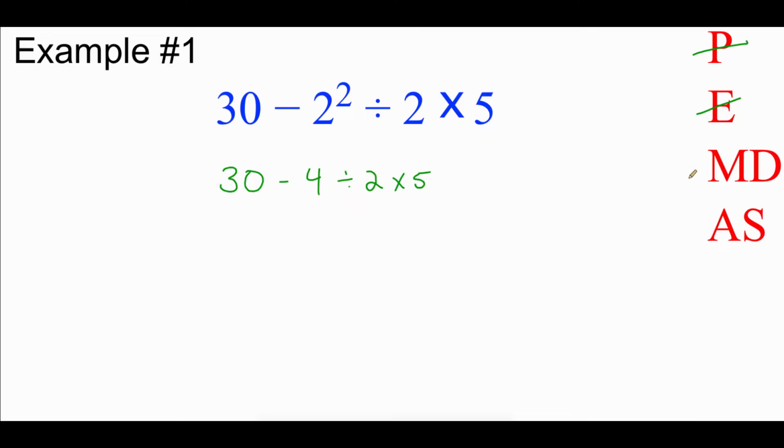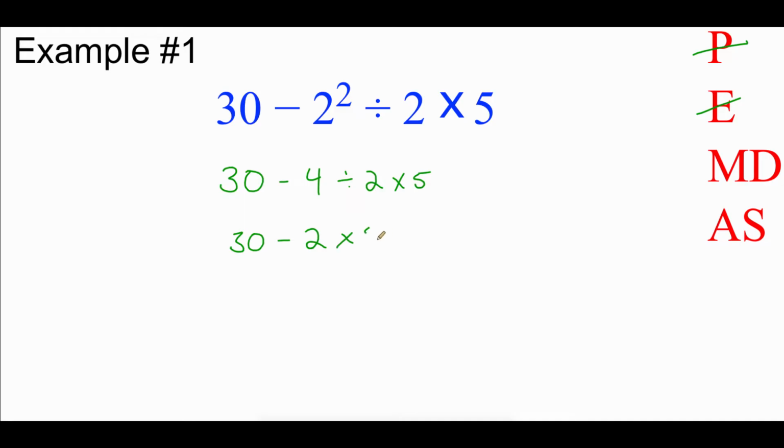Now we're going to move down to the next level. The next level is multiplication and division. Now remember, these have the same order of importance, so we're going to work this from left to right. So as I read this expression from left to right, the very first thing I see is this division symbol in here. So I'm supposed to take that 4 and divide it by 2 first. So again, the 30 hasn't changed, minus. Now when I take 4 and divide it by 2, we should get 2 as an answer, but then we